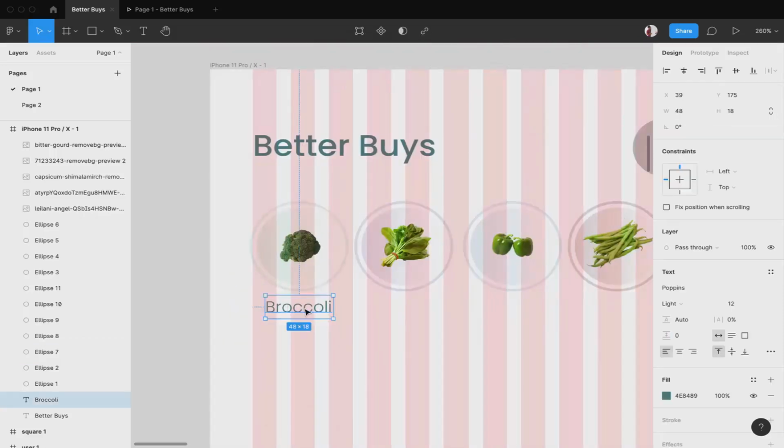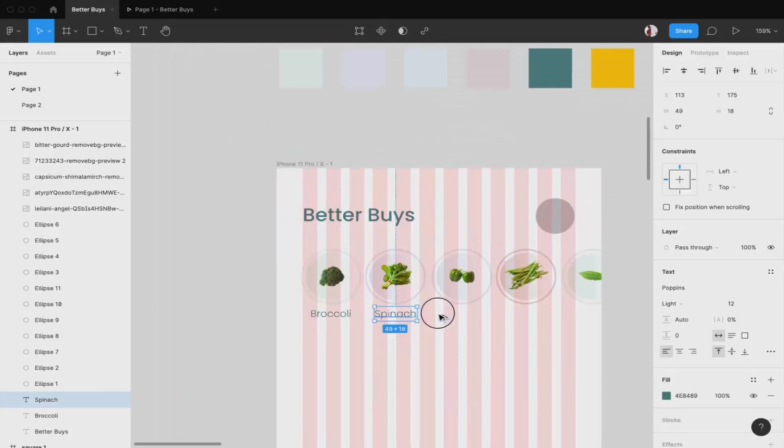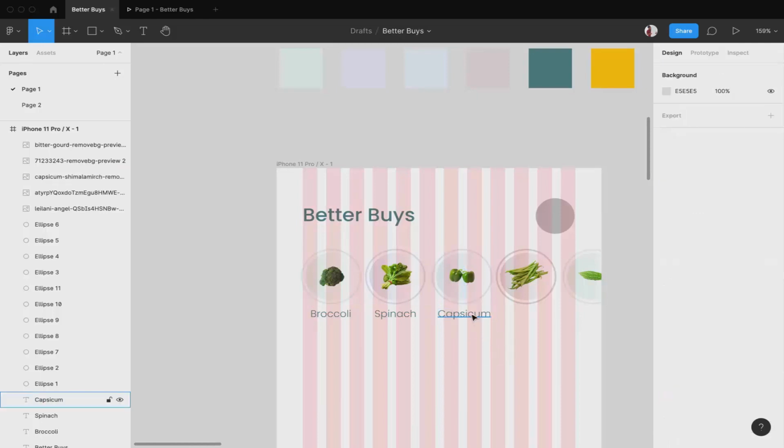Okay, so first is broccoli, then there is, okay, so this is the center, spinach. Since the lengths of the spellings are different, it is going to change after you change the name. So let's first change the names only. Capsicum. Again this is in the center.